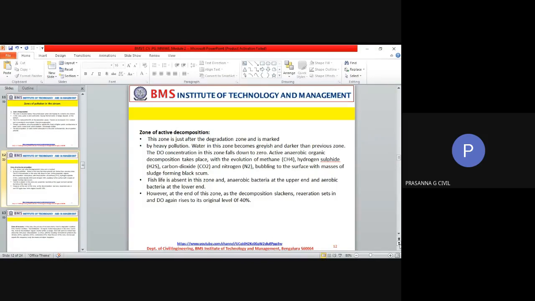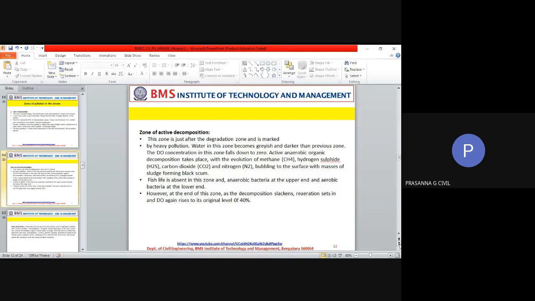It can go down to zero also because the organisms are constantly eating into the organic matter and hence using up the oxygen. You may find the presence of anaerobic organisms causing decomposition, giving out methane, hydrogen sulfide, carbon